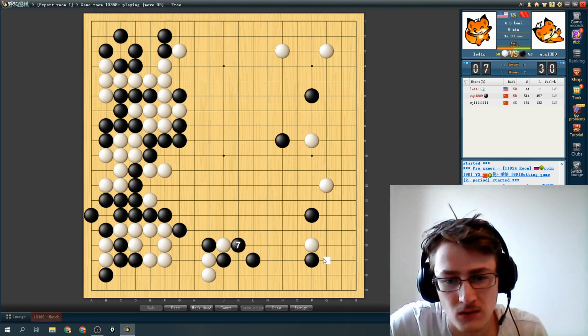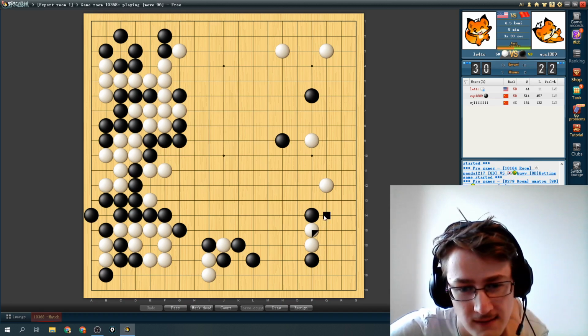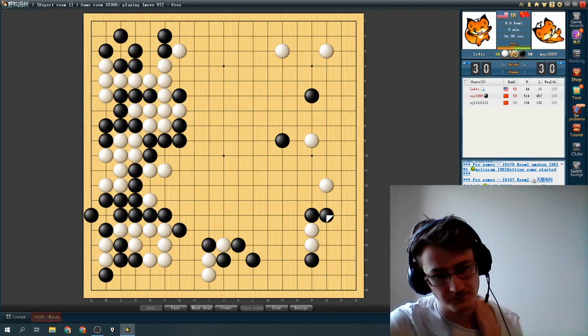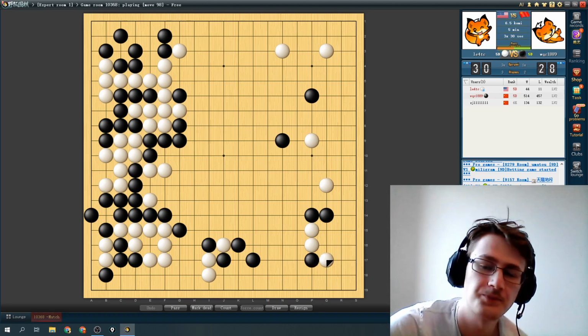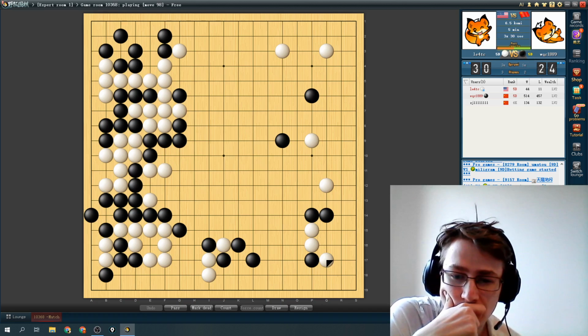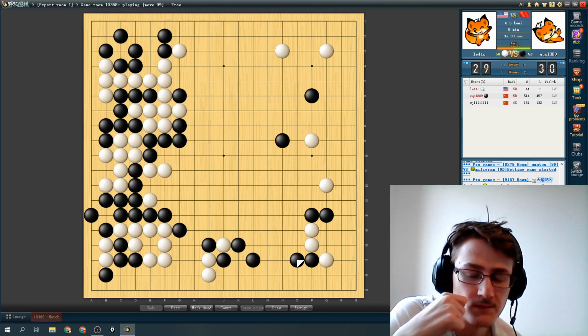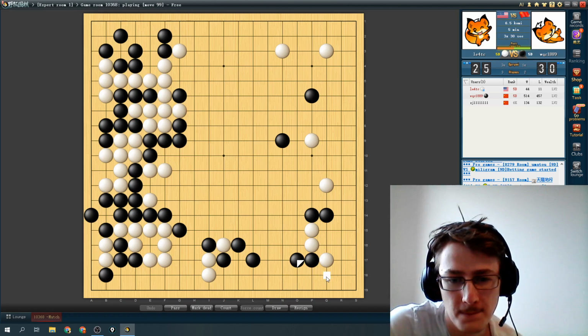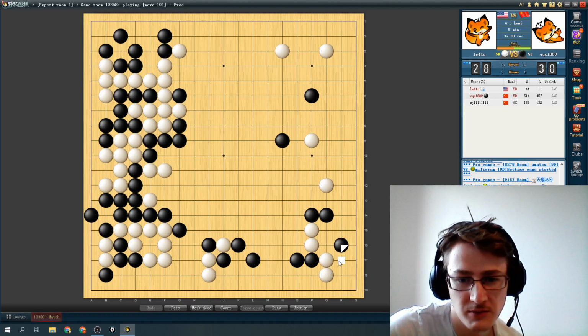And how do we do that? I don't know. Here I'm guessing black should extend to keep me separated. And I will probably Hane in here in the corner, 3-3. And with this I'm almost alive in the corner. Black can make the shape locally, but